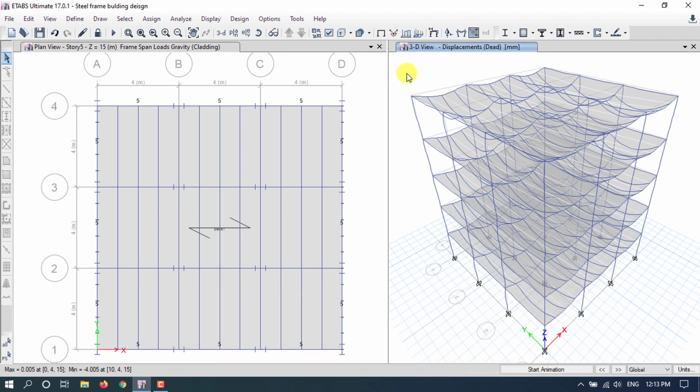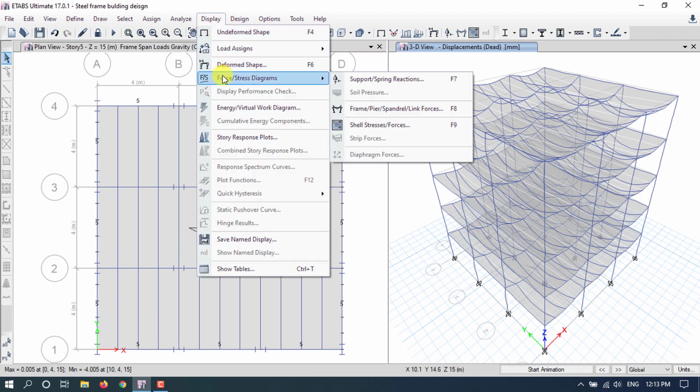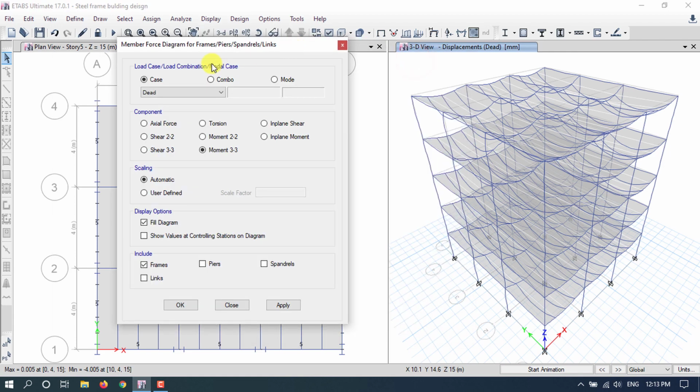Let's analyze the building in bending moment, shear force and axial force diagrams. For that, go to Display, go to Force/Stress Diagram, and go to Frame/Pier/Spandrel/Link Forces. Click here. Okay, here are the different case combos of the load.